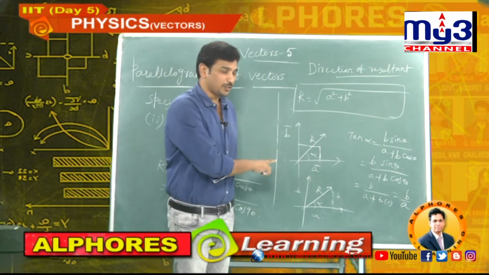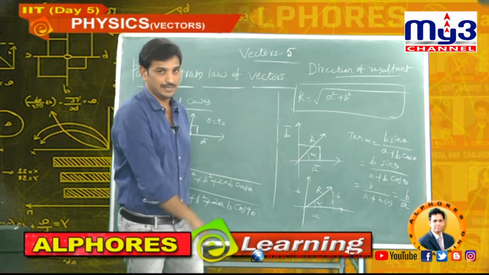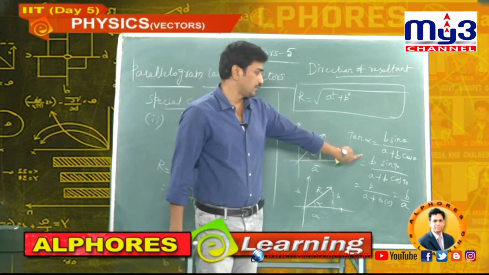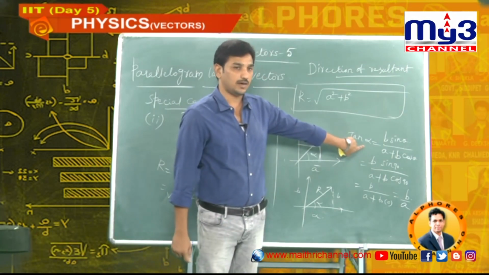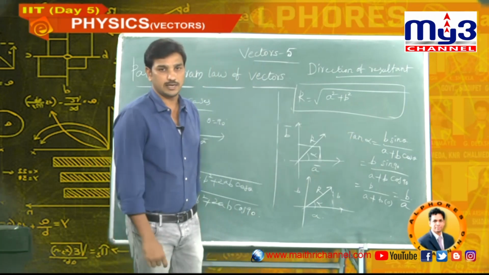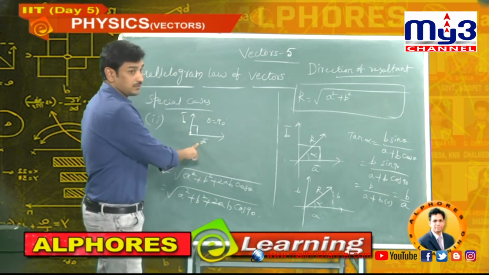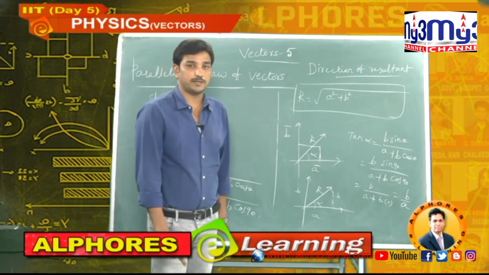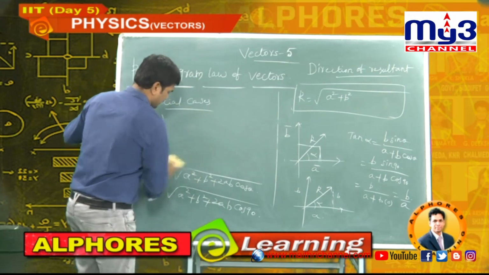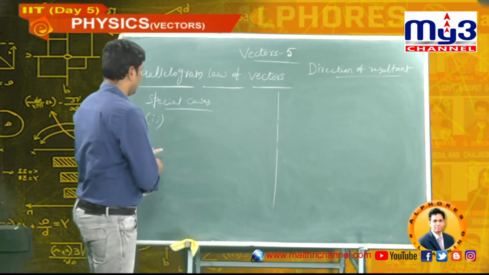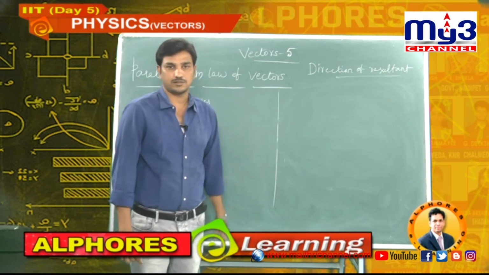So not in all the possible cases it's possible. Here in this case it is easy to understand because it's 90 degrees. Otherwise every time it's useful. So always you try to use this formula when you want to calculate how the resultant vector is placed with the horizontal vector or this A bar vector. Formula is B sin theta by A plus B cos theta. I will go for one more. Only two formulas. Whichever the case, we are following two formulas.